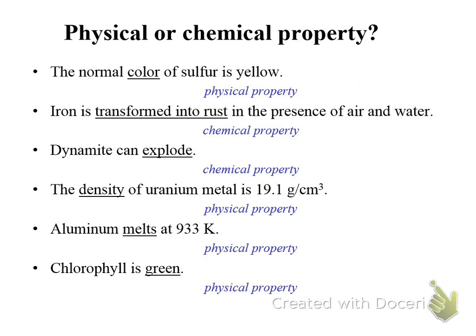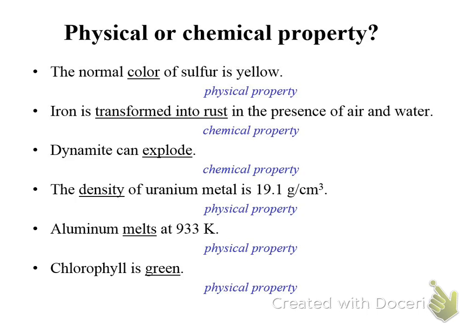So here's a list. Look for new substances to be formed or not to be formed. When you say what something's color is, that's a physical property. When iron transforms into rust, iron is Fe and rust is FeO, iron oxide. So new substances are formed, so it's a chemical property. Dynamite, the fact that it can explode is a property, and the fact that you watch it explode means that you're destroying the dynamite. New substances are